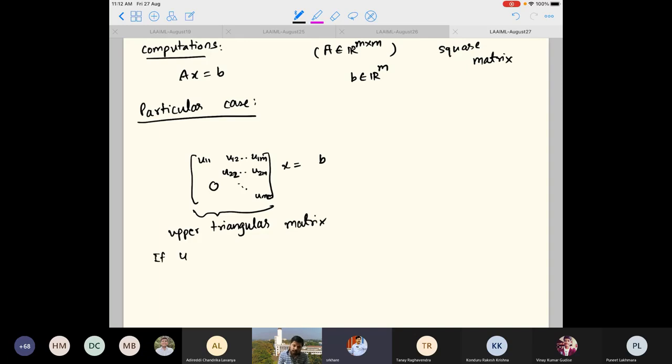If all the U_ii are not equal to 0, for i equal to 1 up to m, can you say that the matrix will have full column rank, or the column space will be the entire R^m? Can you say that? Do you see how it is going to be? Yes. So if all the diagonal entries are non-zero, then the matrix has full